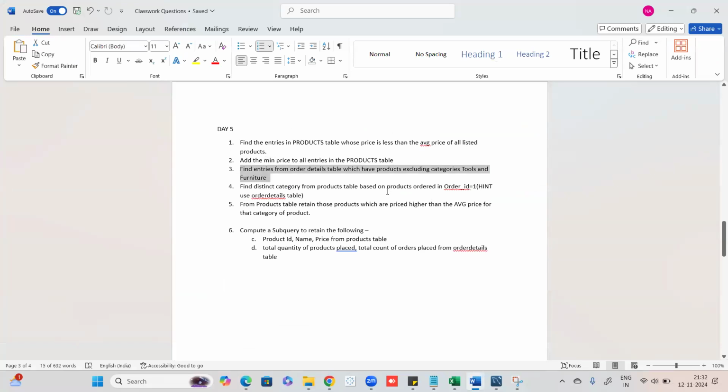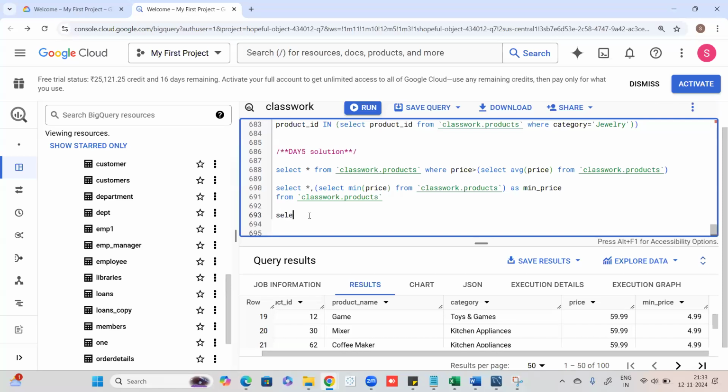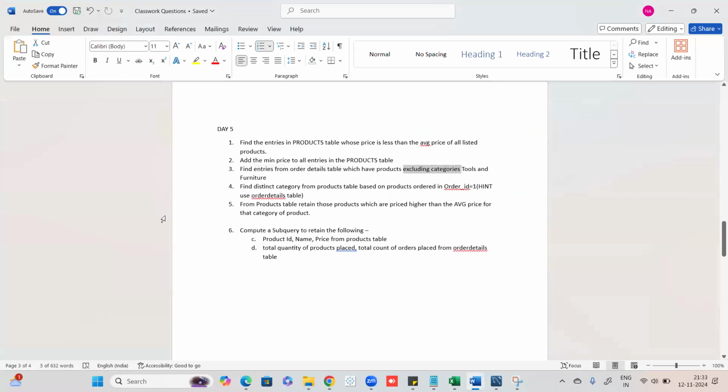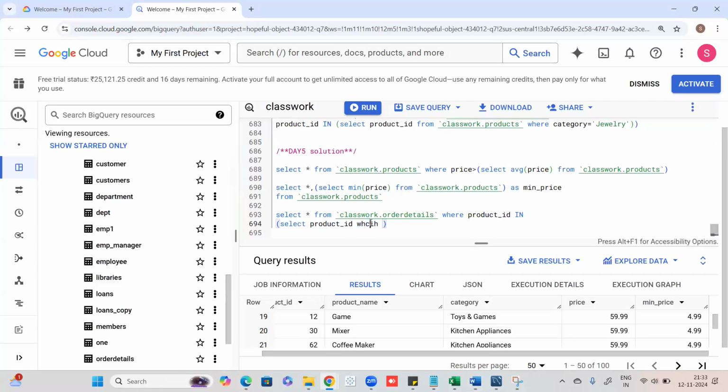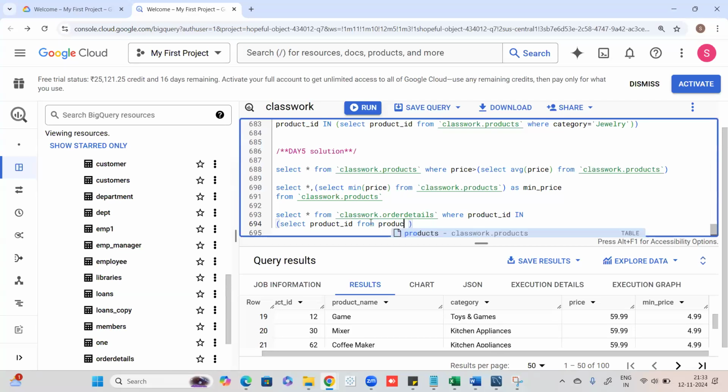Question number 3 is find entries from order detail table which have products excluding categories, tools, and furniture. So here categories will come from the products table, and my outer query refers to my order details table. So I'm going to say select star from order details where product ID in, then my inner query, in my inner query, we want those product IDs. The question says products excluding category, tools, and furniture. Select product ID from products table